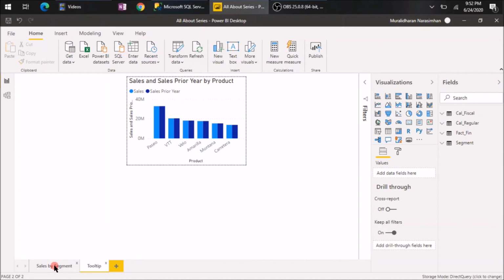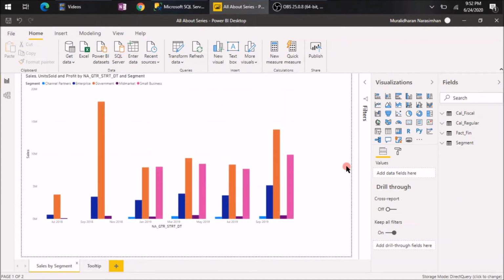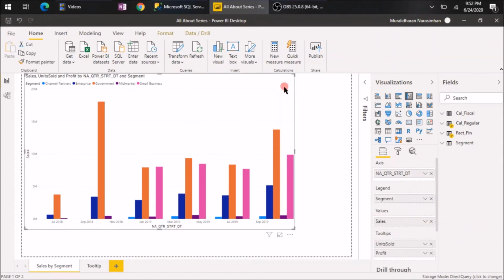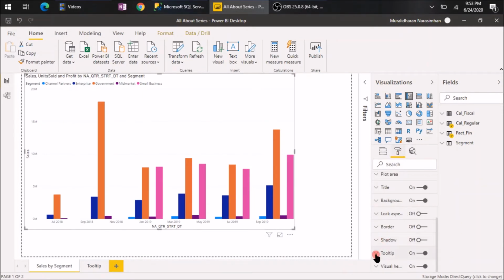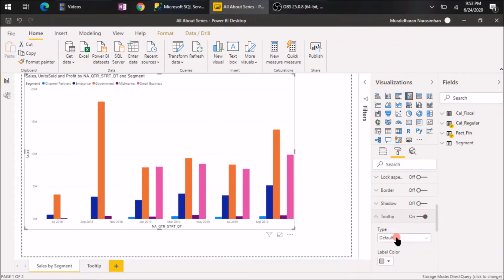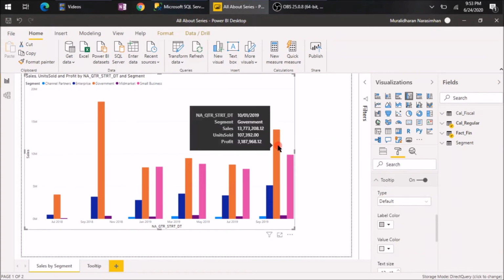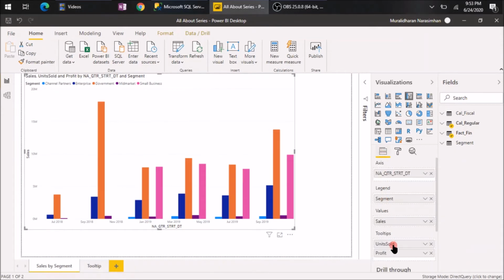Now coming back to our main report page, we want the tooltip on the other page to be shown for each of these bars, right? So to do this, we will select the visual, and under the format option, there is a tooltip section. When you expand it, the type is default. The default is nothing but whatever we added under the tooltip section. This is the default. So to change it,